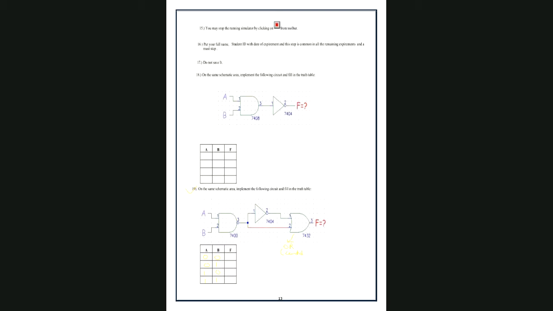Control device. And this is what? Inverter. This is also control device. Now you see, this is switch A. Switch. This is input device.